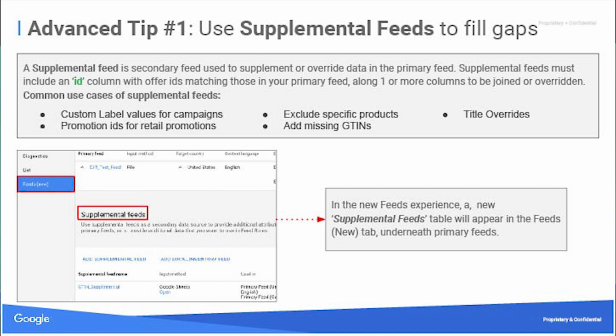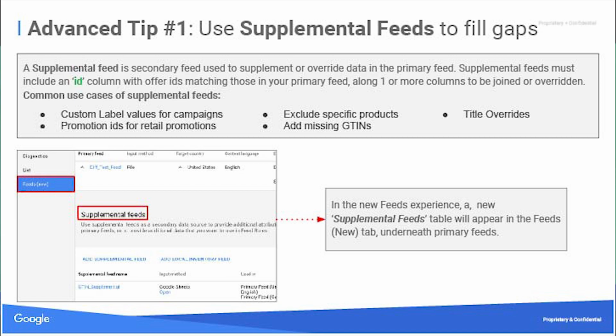So at Google Shopping, we understand that some of you work with an IT team, and it's hard for you to make changes with that IT team. Some of you work with agencies, right? We understand it can often be difficult to adhere to the product specs, so we want to make it easier for you to just give us your product data and use tools within Merchant Center to connect them. So supplemental feeds is a secondary feed that you can use to augment existing products that you've already uploaded in your primary feed.